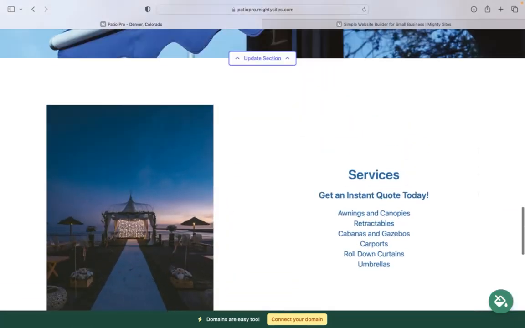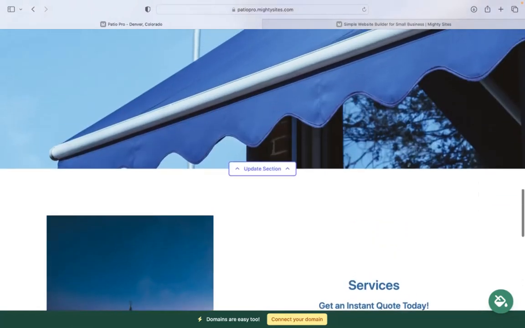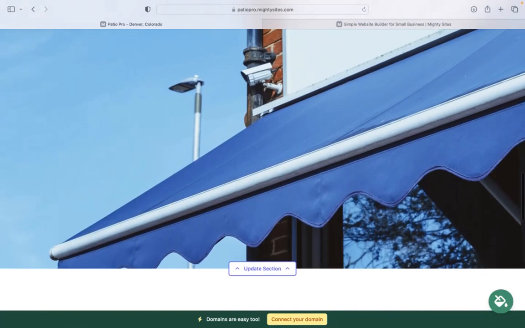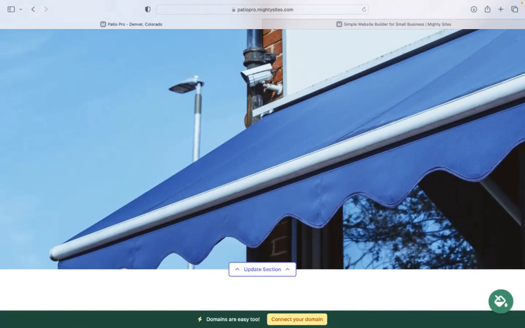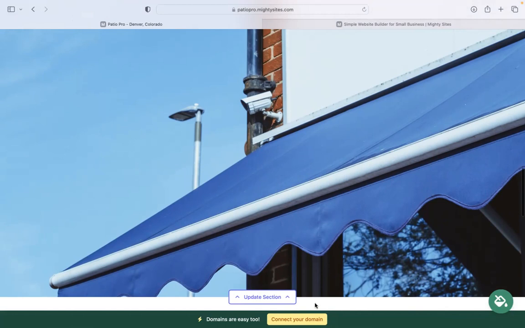Now, if you have a custom domain for your business, domains are super easy as well. To connect it, click on that yellow button at the bottom, connect your domain. If you don't have a custom domain yet, we really recommend that you get one to make your website look even more professional, trustworthy, and stand out from all your competitors. Go ahead and click on that button as well. You actually have the option to connect your Instagram, your custom domain, or purchase a custom domain via the Marty